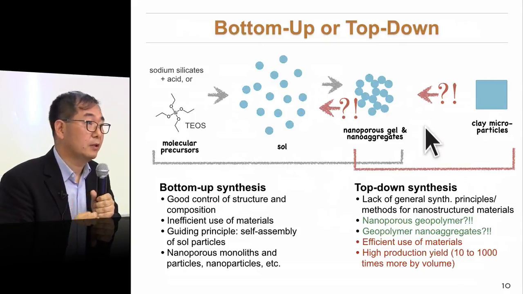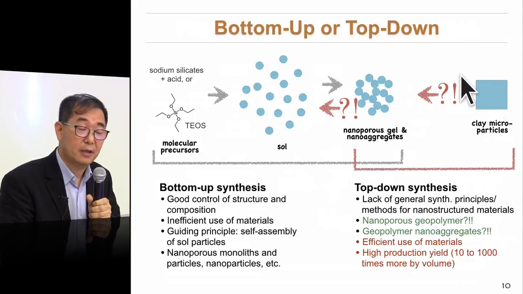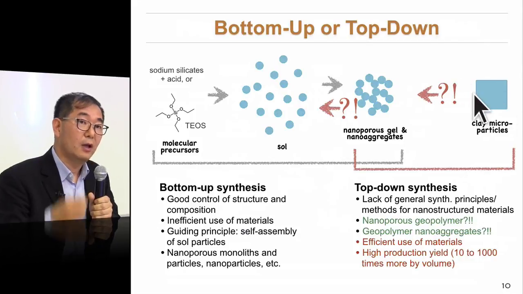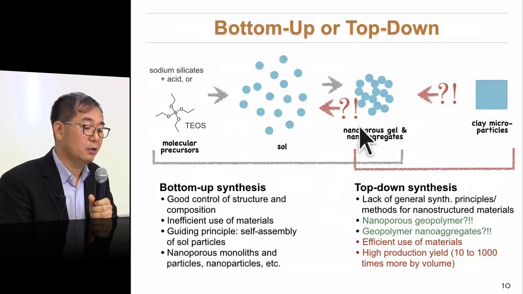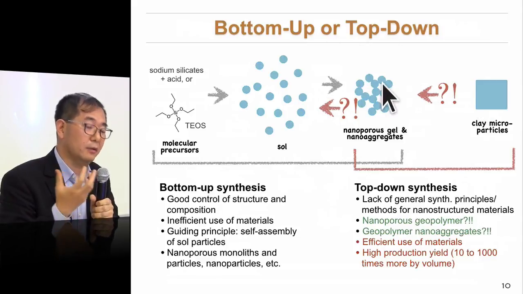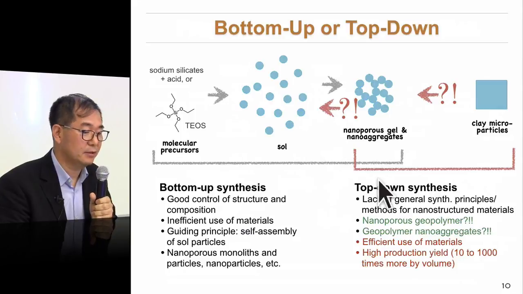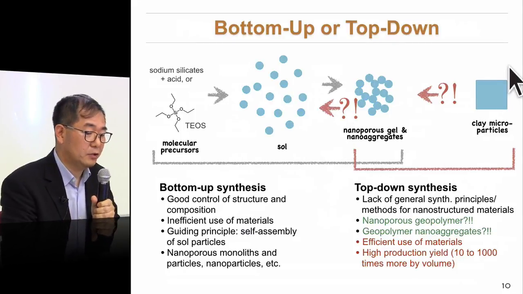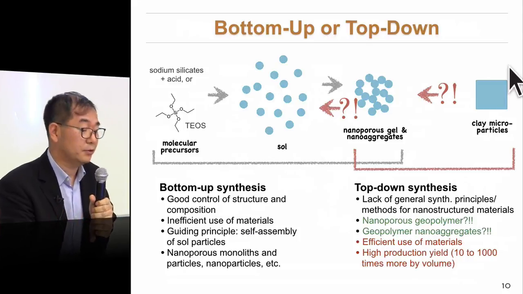But what we are doing with geopolymer is we start with clay, metakaolin, micro-sized particles. We break this up chemically. We dissolve this, and then we generate gel, or hopefully nanoaggregates, and eventually salt. So can we actually do this backward? This is a so-called top-down process. If we can do this effectively with the geopolymer, then we should be able to generate various useful materials